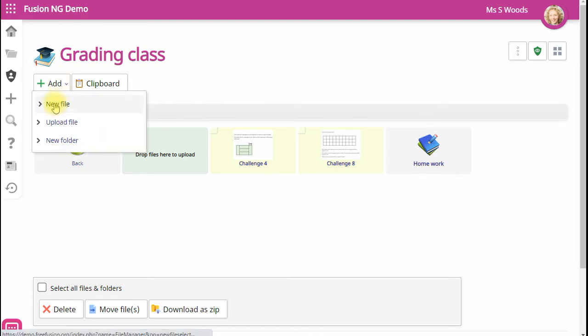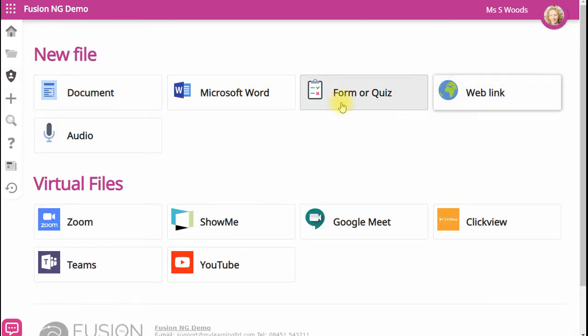If I add a new file, this creates files within Fusion. And I have several options here. I can create a document, which is an internal document to Fusion, and it is actually effectively a single page website. We also have DocX or Microsoft Word documents. You can create a form or quiz file, a web link, and an audio file which will be recorded within